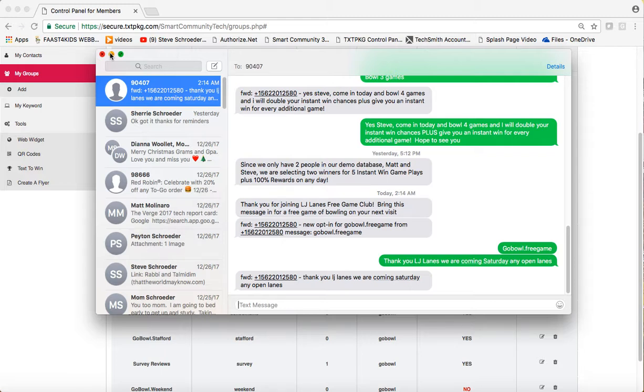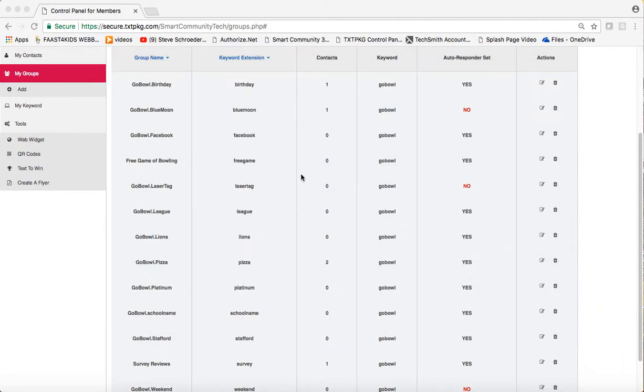But there are a lot of really cool things involved in our texting program that you just don't see in any other program. So that's what happened there. We'll come and visit that later. Now,